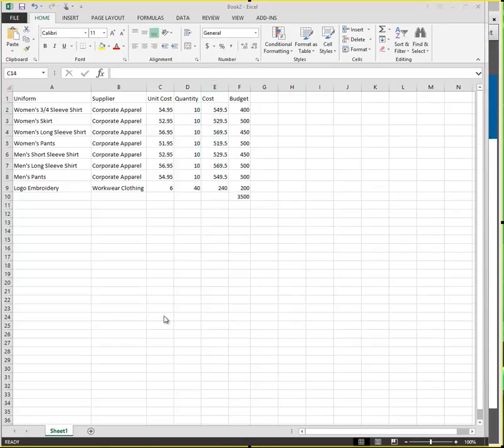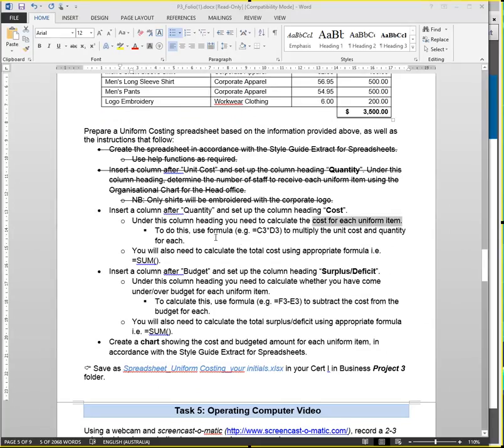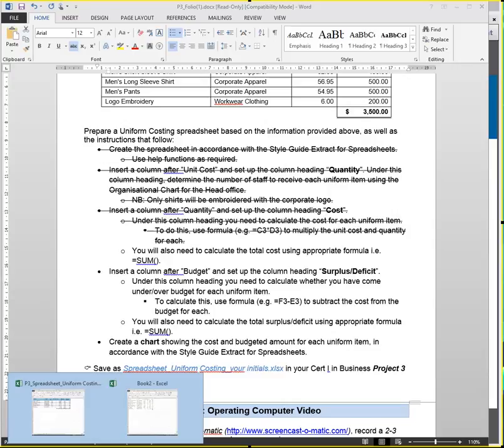All right, now you've got your costs in. We can go back to the folio. We've done the formula to multiply the unit cost and the quantity together. The next thing we need to do is calculate the total cost using the appropriate formula. So total cost,